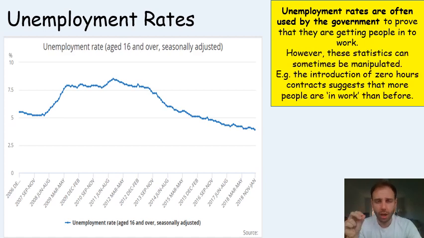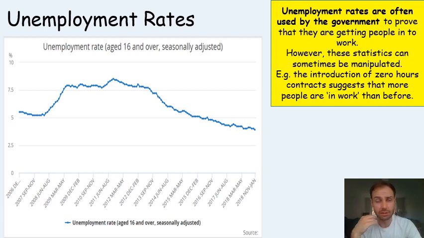The reason that unemployment rates are not exactly 100% as trustworthy or valid as birth, death, marriage and divorce rates is because these statistics can be manipulated. And what you'll find with statistics is that they can often be manipulated to look better than they really are. So an example of this is that in the last few years, the government have introduced what's called 0